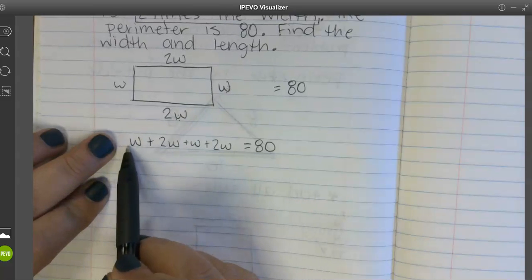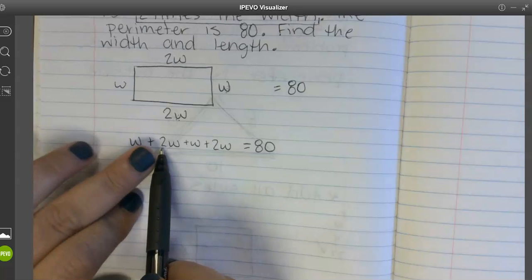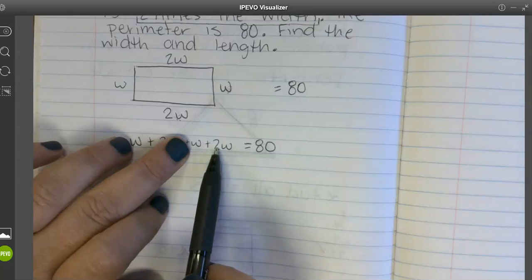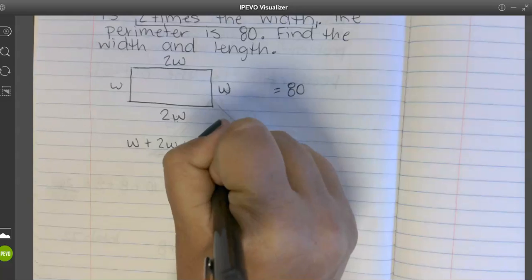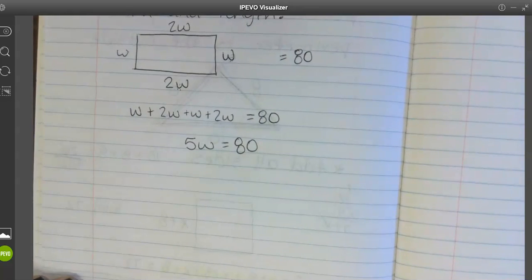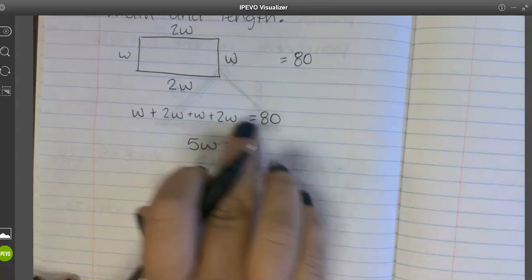Well, remember this has a 1 in front of it, so how many W's do I have? I have 1 plus 2, which is 3, plus another, which is 4, plus another, which is 5. So I've got 5 W's equals 80. Now that I have this, I can solve. Now that I have a simplified expression on this side and the total on this side, I have this equation,